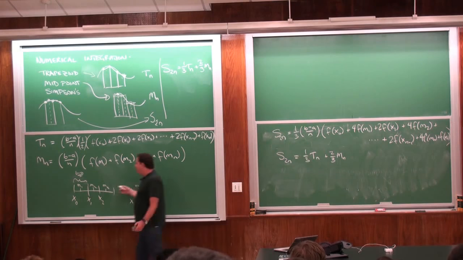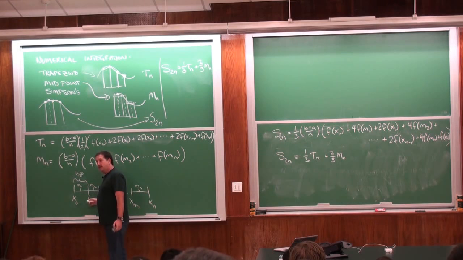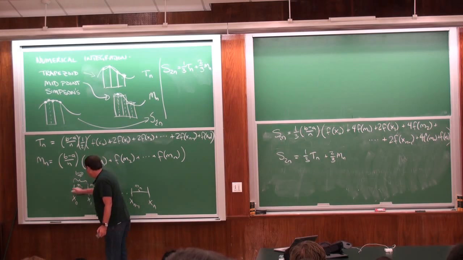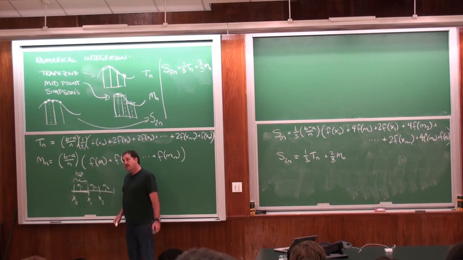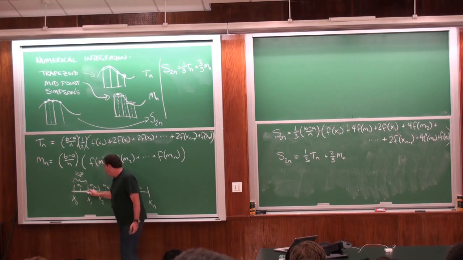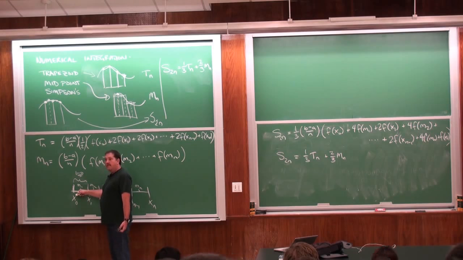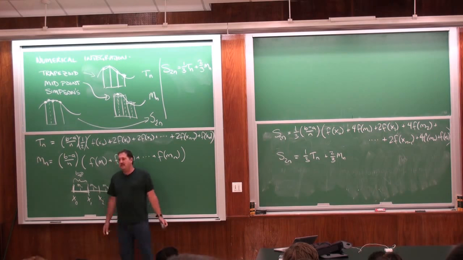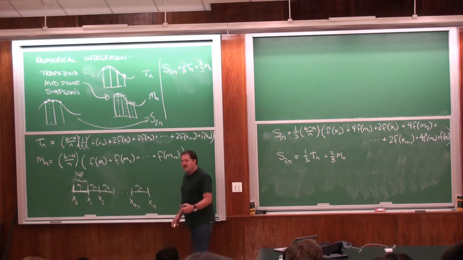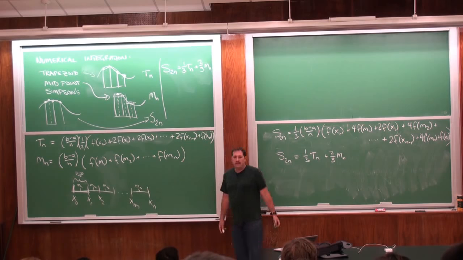The reason that I switched from X's to M's is if you think about rectangles, if I think of this as a rectangle, I have a right side, a left side, and a middle. So I use right and left for X and M for middle. But if I'm thinking of twice as many points, these are all the same. Use whatever letters make more sense to you. I will go through one more example of this.